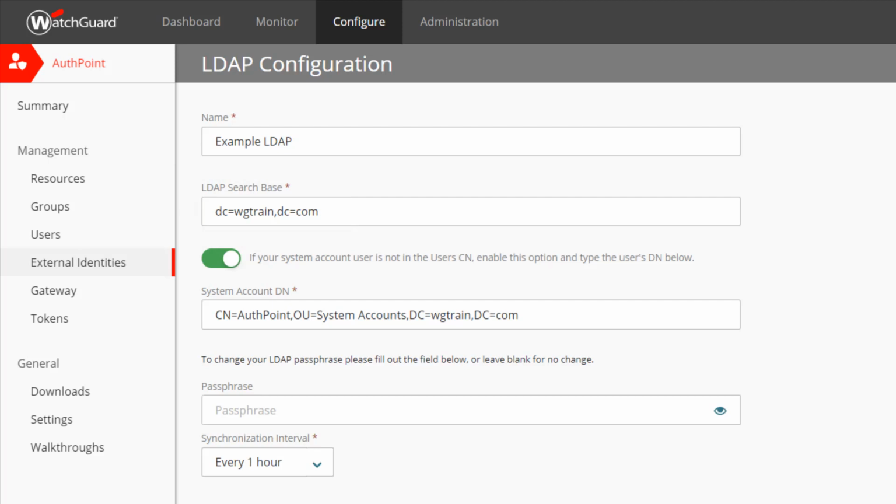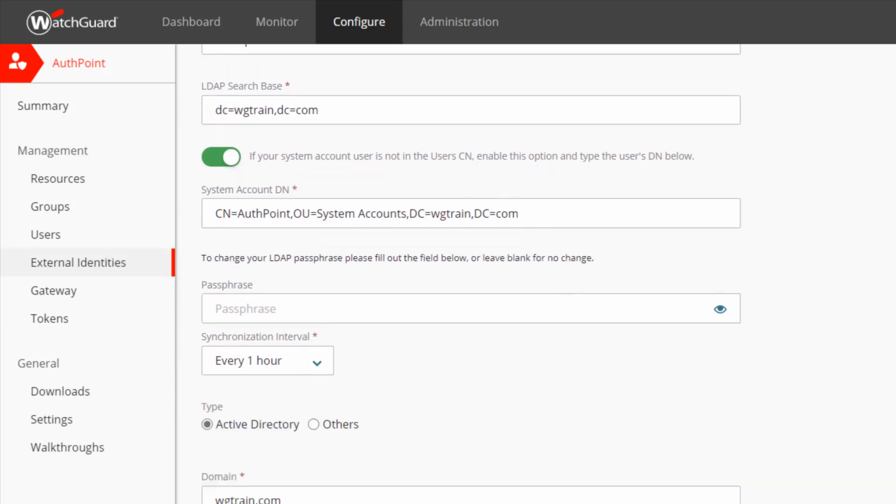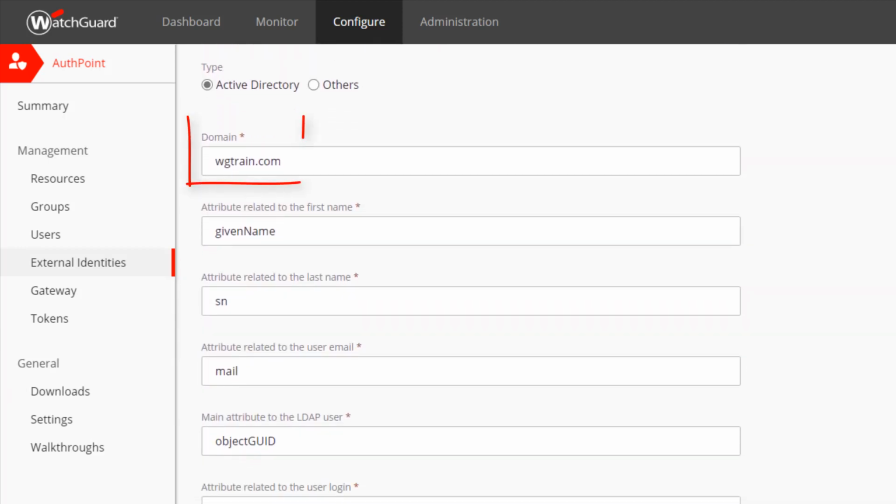I created a new system account for AuthPoint to use in Active Directory, but I did not create the account in the default users container, so I enabled this toggle and pasted the distinguished name of my system account in here. If we scroll down, we can see I've entered the domain name wgtrain.com, and next are the